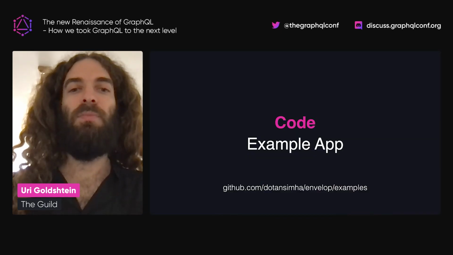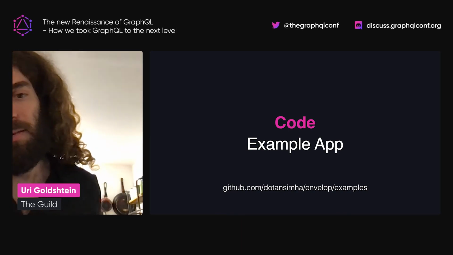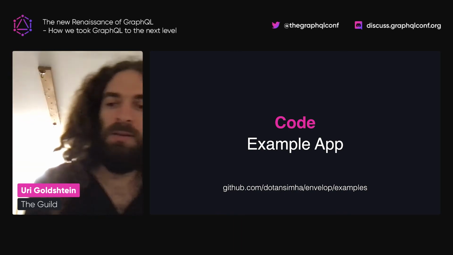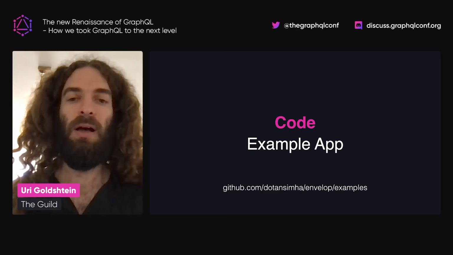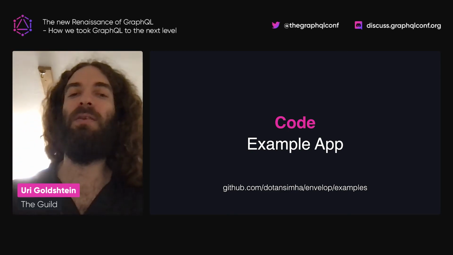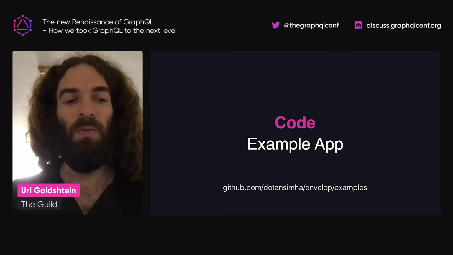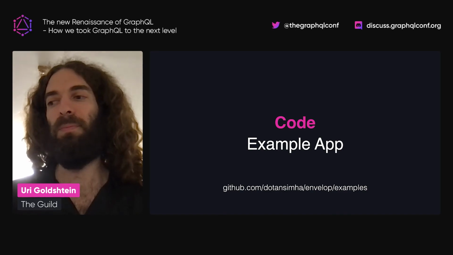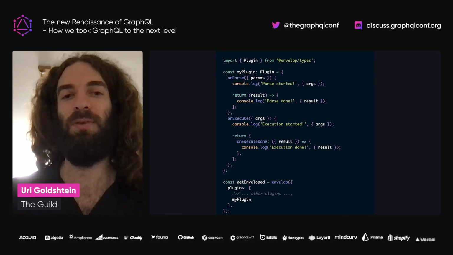I hope you saw from the examples how powerful Envelope could be, for your use case and for whatever use case you want to use. And I hope you try it out. We have the website and we have the examples. We've used these things in production for many months, and we're very, very happy with it.